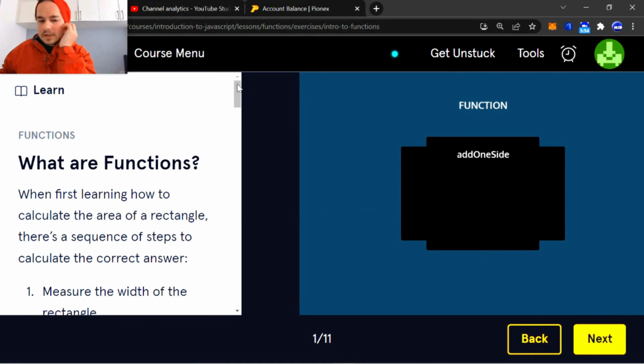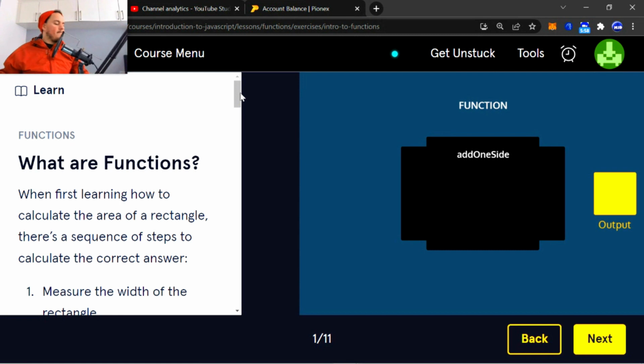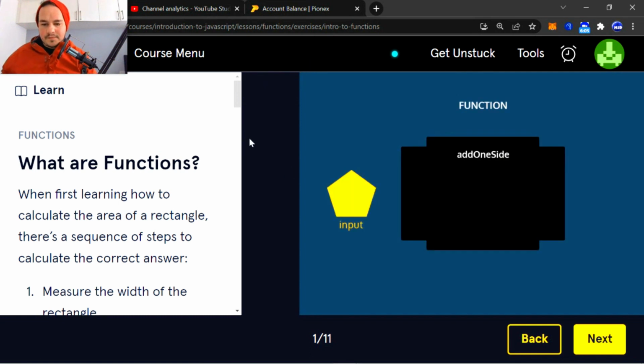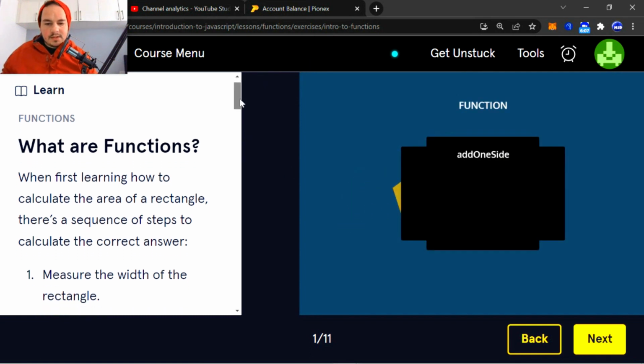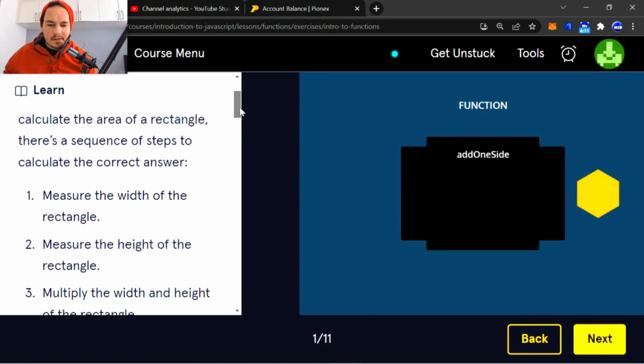Okay, let's see. Functions. What are functions? Okay, so when first learning how to calculate the area of a rectangle, there's a sequence of steps to calculate the correct